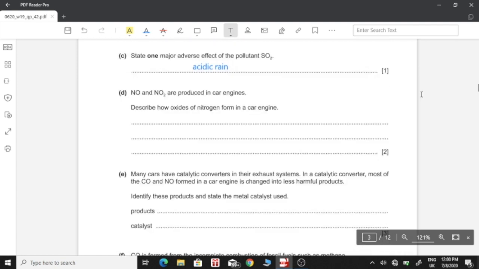Part D. Nitrogen monoxide and nitrogen dioxide are produced in car engines. Describe how oxides of nitrogen form in a car engine. Right, so nitrogen and oxygen do not normally react, but they do in car engines because of the high temperatures. So nitrogen